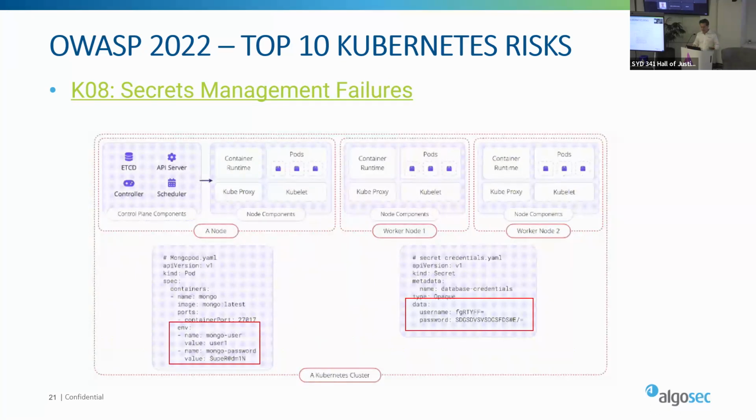Secret management. Here is an example of a lot of username and password information stored as a clear text file. A Kubernetes secret is a small object that contains sensitive data, such as a password or a token.